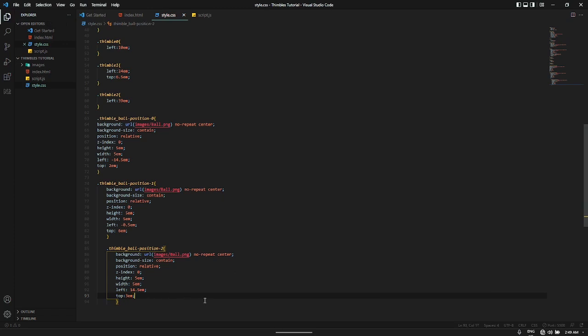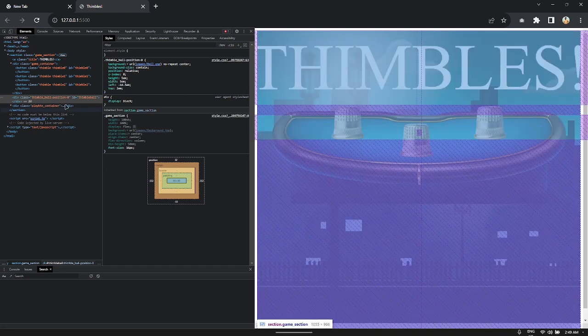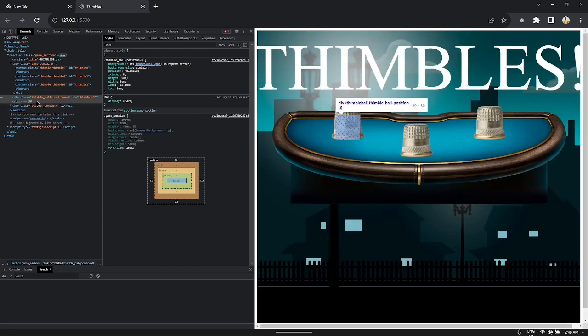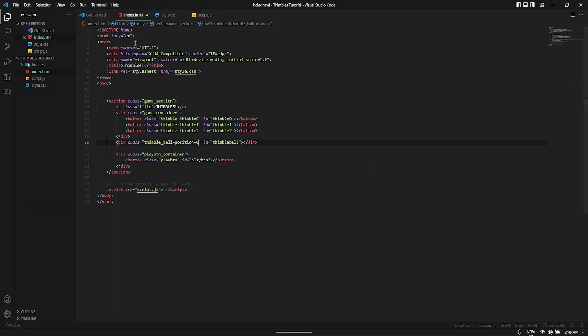Okay, so now we have the positions for the 3 balls. So now we know the position of the ball, which is 0. If we change this to 1 to come here, so now we know it's here. If we change it to 2 to move to the other side, the dev tool is amazing. Trust me, guys, it's very amazing. So now what is left is